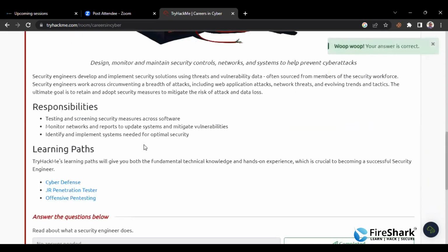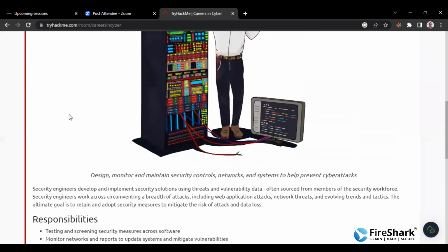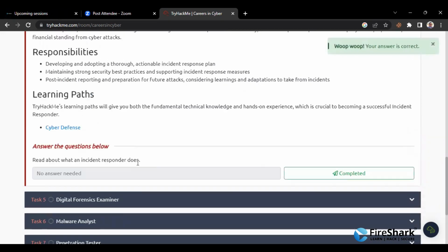And next is security engineer. Security engineers develop and maintain security solutions using threat and vulnerability data, often sourced from members of the security workforce. Security engineers work across a breadth of attacks, including web application attacks, network threats, and evolving trends and tactics. The ultimate goal is to retain and adopt security measures to mitigate the risk of attack and data loss. The responsibilities are testing and screening security measures across software, monitoring networks, reporting and updating systems, and mitigating vulnerabilities. Next is identifying and implementing systems needed for optimal security. So you just go through it